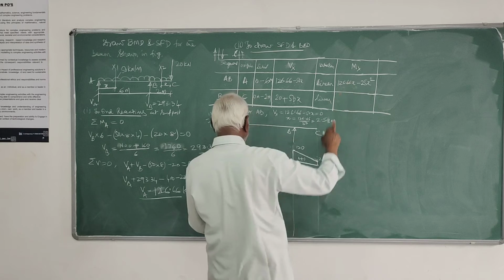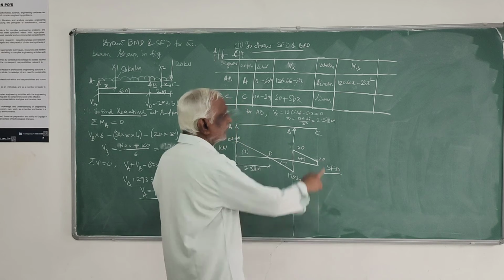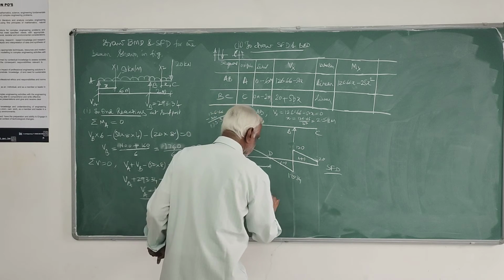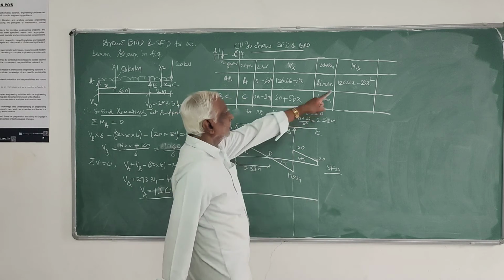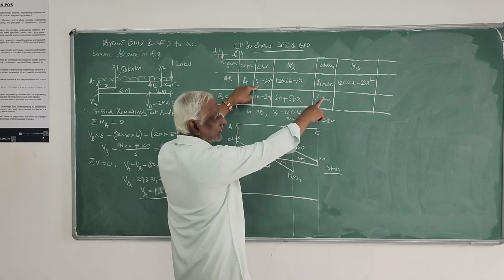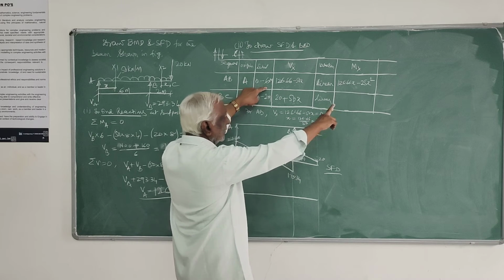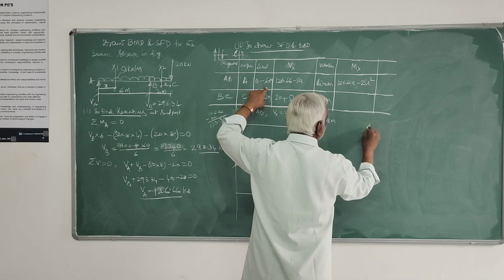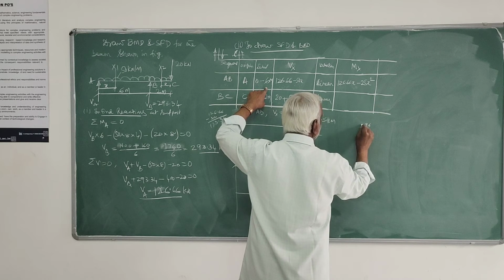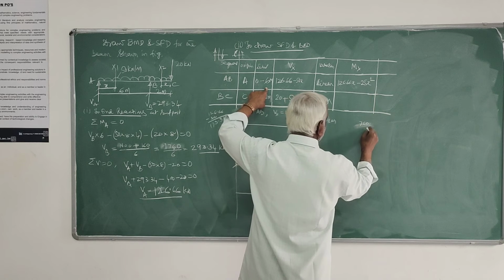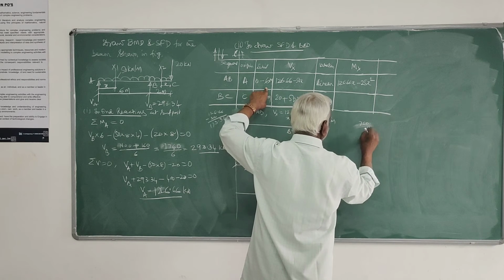That is, x equals 0 means the bending moment value at A is 0. X equals 6 means it is here. I will start plotting here. So when x equals 0, at A, it is 0. When x is equal to 6, it is 126.66 into 6, that is 760, minus 16 into 25.